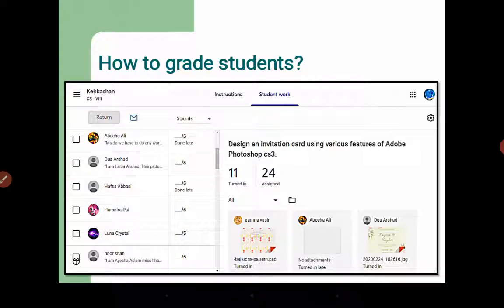For example, I set 5 marks for the assignment, so now the teacher can give grades here, and after giving the marks, the teacher will click on Return, and the students will get the emails that the teacher has graded them. So they will just open up and see their grades automatically. So this is the workflow that is followed in Google Classroom, and it is very easy.